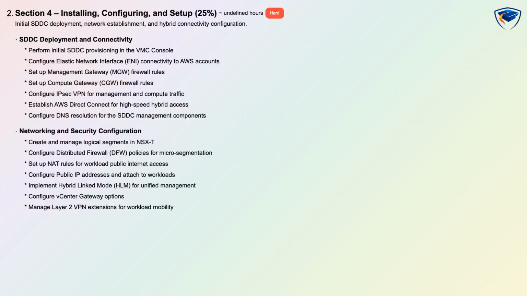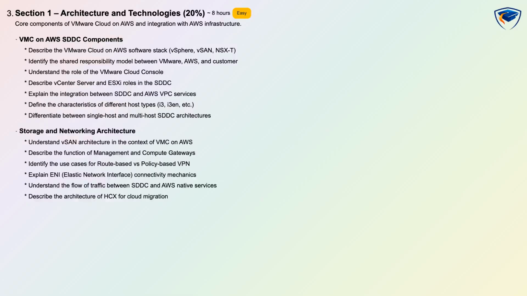resolution for management components. The networking and security portion teaches NSX-T logical segments, distributed firewall policy creation for micro-segmentation, NAT rules and public IP assignment, hybrid linked mode for unified management, vCenter gateway configuration, and Layer 2 VPN extensions for workload mobility. Section 1, Architecture and Technologies, is 20%, labeled easy with about 8 hours of study and conceptual plus